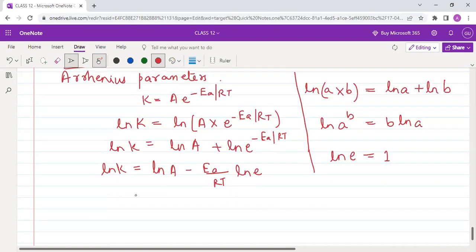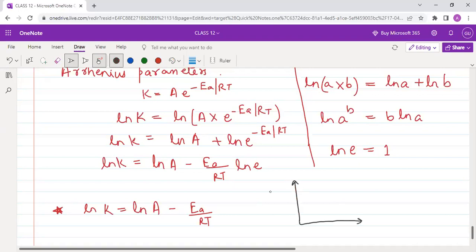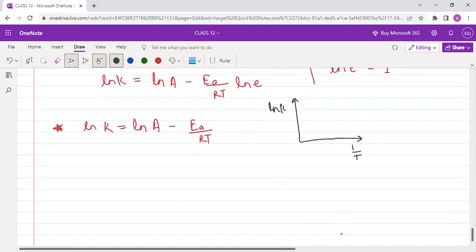So the equation will become ln K is equal to ln A minus EA by RT. Now we have to plot a graph between ln K and 1 by T. Now tell me, how will the graph